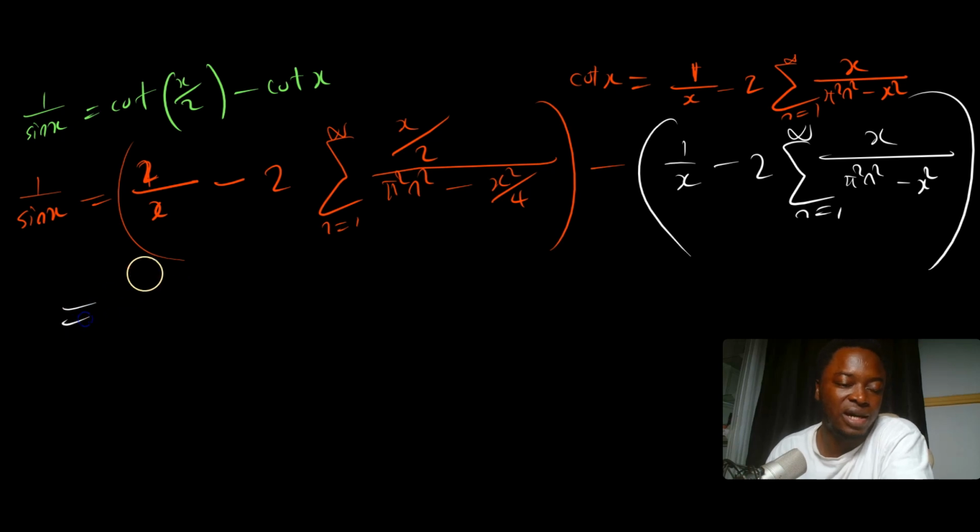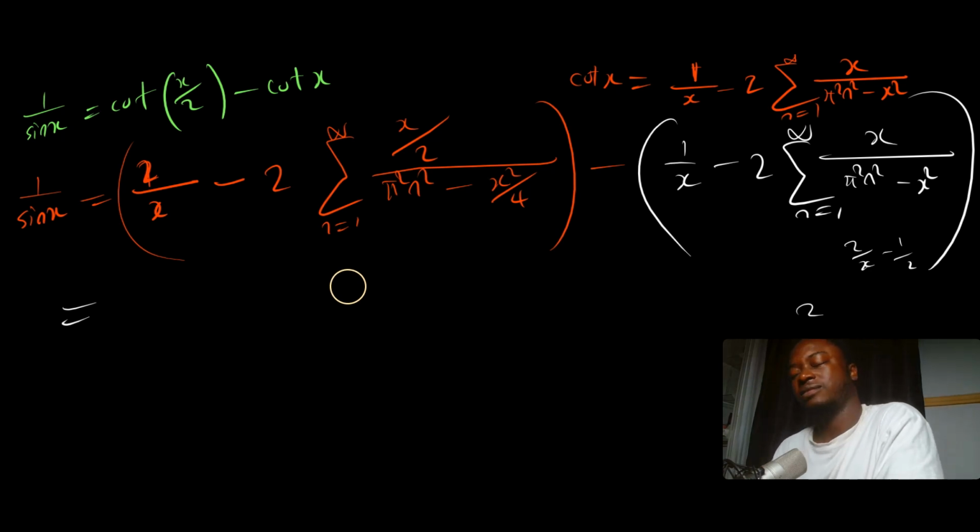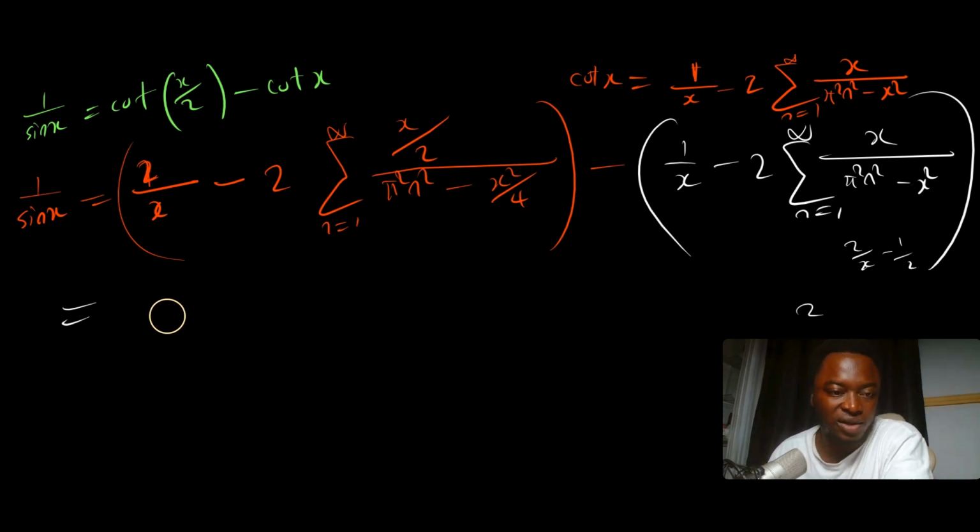Now you have 2 over x minus 1 over x, so that is 1 over x, so you have a 1 over x here. This will be a plus 2 and this will be a minus 2, so you have plus the sum